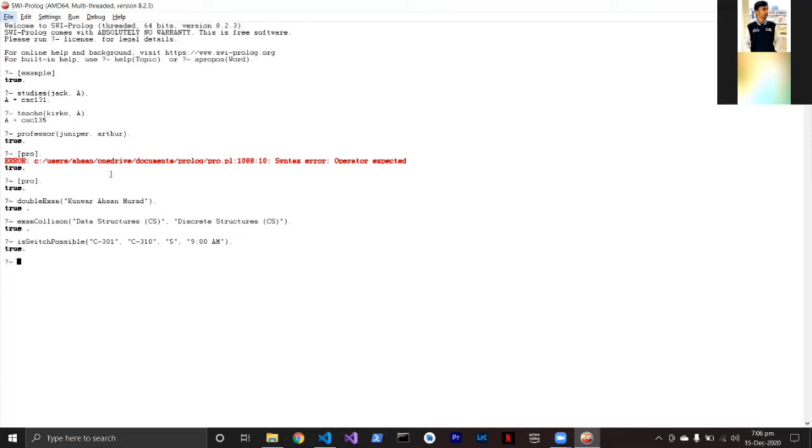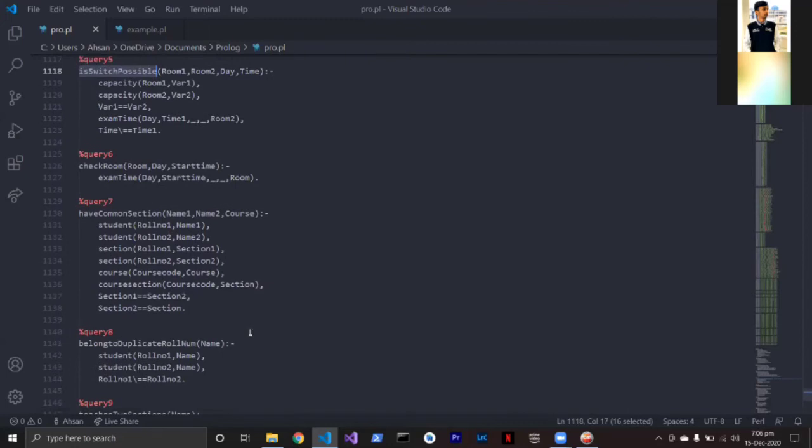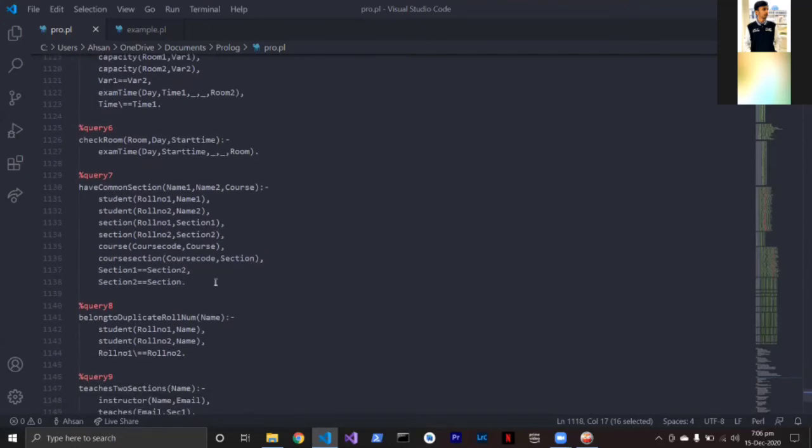Now I will come to query number 7, which takes three arguments, the names of two students and the name of a course, and tells whether those two students have a common section or not. From the names we get to know the roll numbers of those students. Here name 1 gives us roll number 1 and name 2 gives us roll number 2 from our knowledge base. After that,